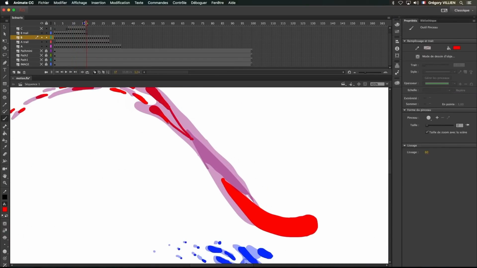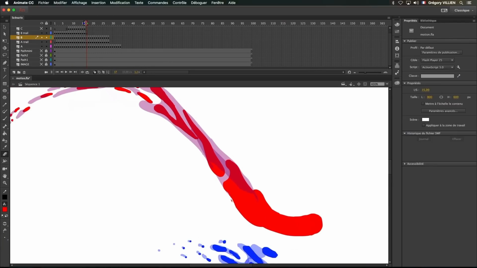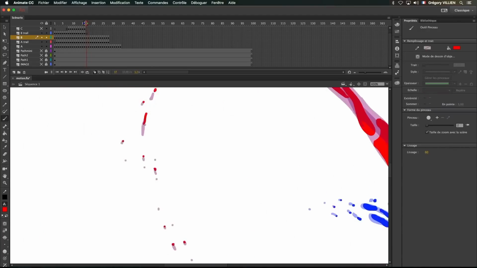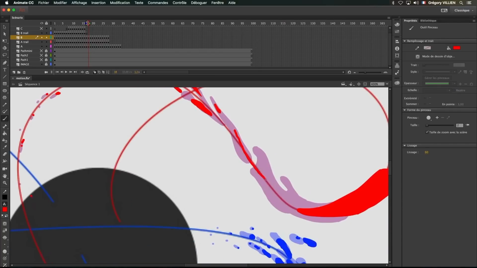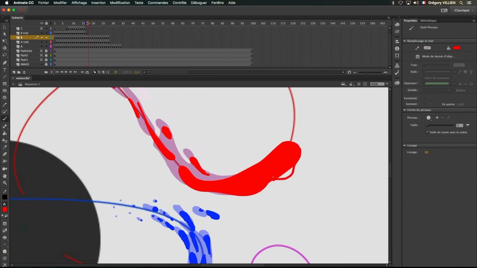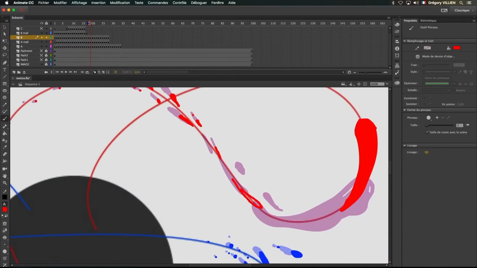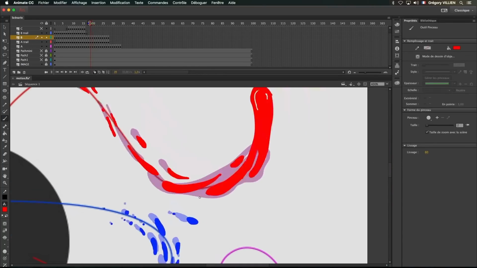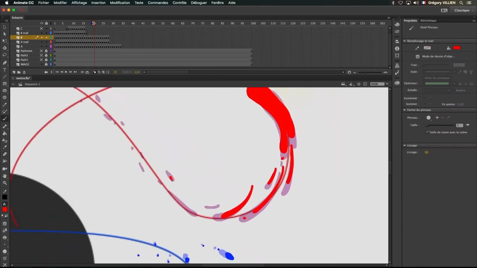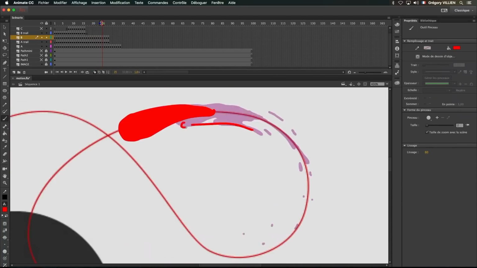Try to analyze things. As you saw, I took the curve and I tried to get the drops off, keeping the main body. I take the eraser. I try to make the spectacular effect at the head. Every time at the back, every piece that I get off has to be drops which decrease and disappear. Analyze constantly. You can see it's flashing, because I'm accelerating the frames that I'm looking at before and after. I'm playing a lot with those shortcuts, comma and semicolon. Last turn. Obviously, the more I make it, the more I can make drops and forms that I like more than my first direction in blue.